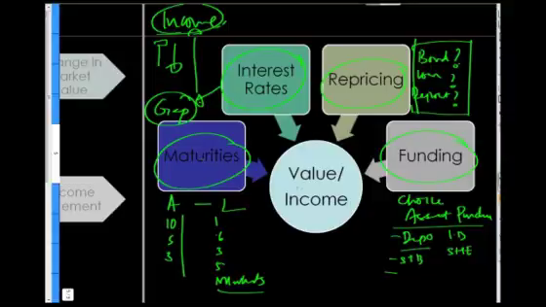Together, all of this has an impact on two very crucial pieces. The first piece is value. So how does the interaction of all of these, all four parameters, have an impact on the shareholder value of the bank? So this is the instance where bank B started with 10 and ended up with -8. And the second is what's the impact on income.